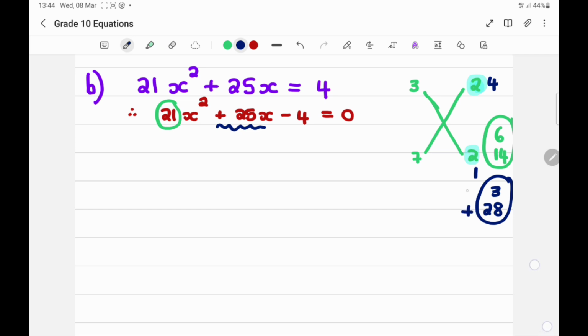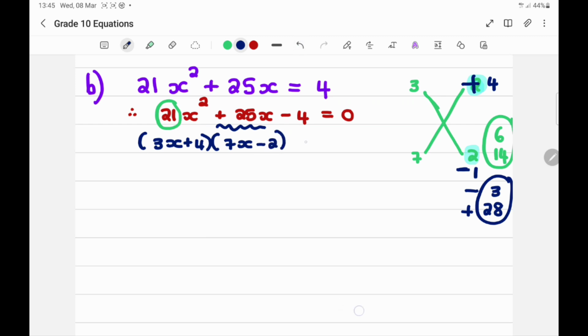So it must be a positive 28 minus 3. Which one gave you negative 3? This one over here. Which one gave you 28? This one here. Okay, so then I will have 3x plus 4 times 7x